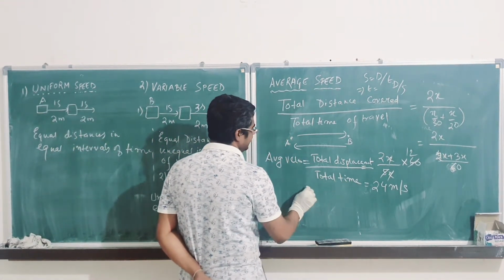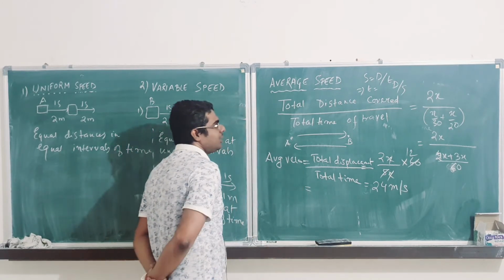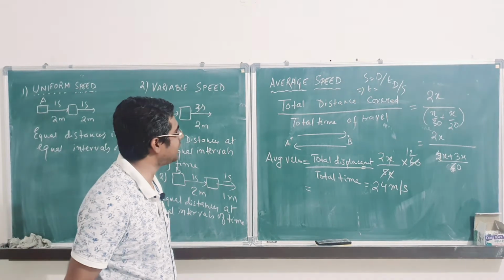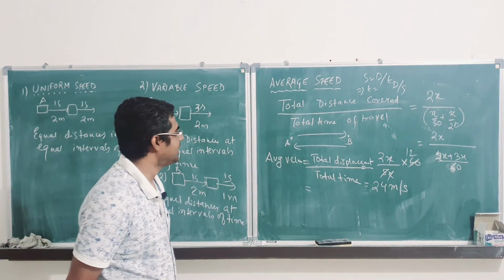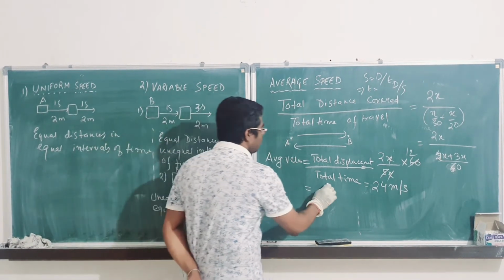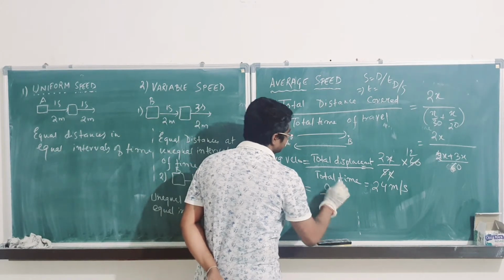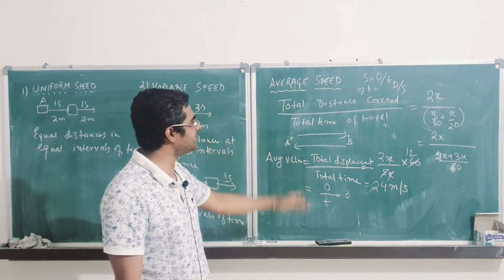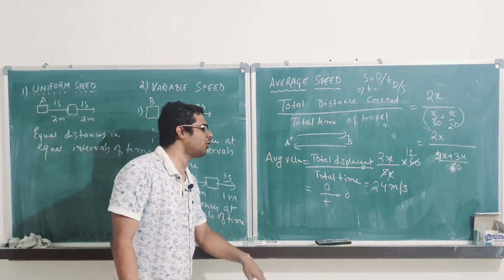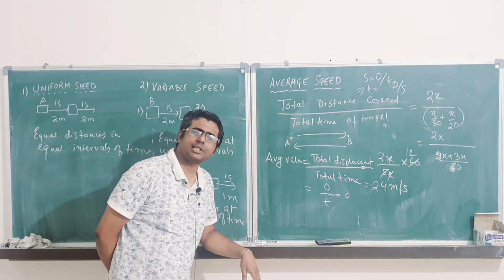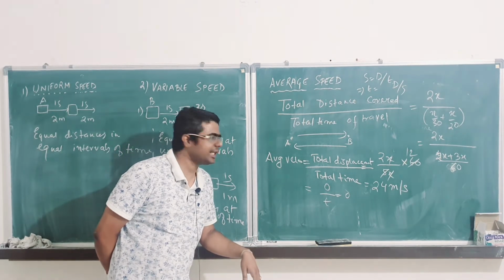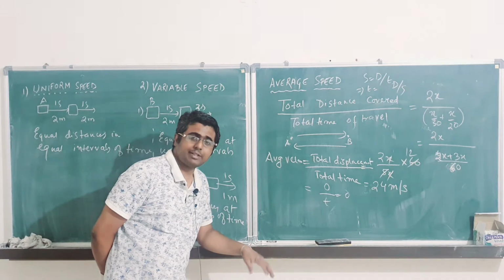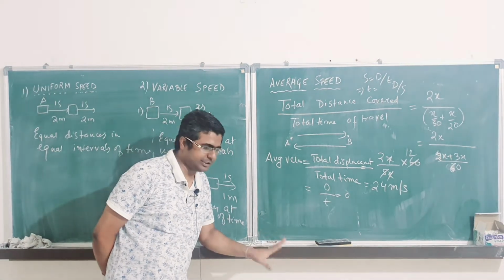Now what is total displacement over here? Can you calculate total displacement, guys? Total displacement over here is 0, by any time you take, 0, because you are at the same position. You went and came back, so the position remains the same. So total displacement is 0, that means average velocity is 0. Is that clear? So average velocity done, average speed done, uniform velocity done, right?